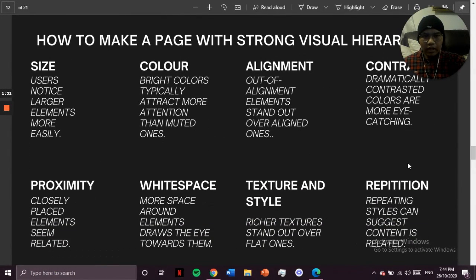So, here are the other points that I was talking about. The points about the size, the color, the alignment, the contrast, the proximity, white space, texture and style, and also repetition. Now, size: like Apple, you have a big picture of an iPhone. You're showing the iPhone, and the color of the page is very minimalistic. It's just black and white. You have a bit of blue in there. Okay,